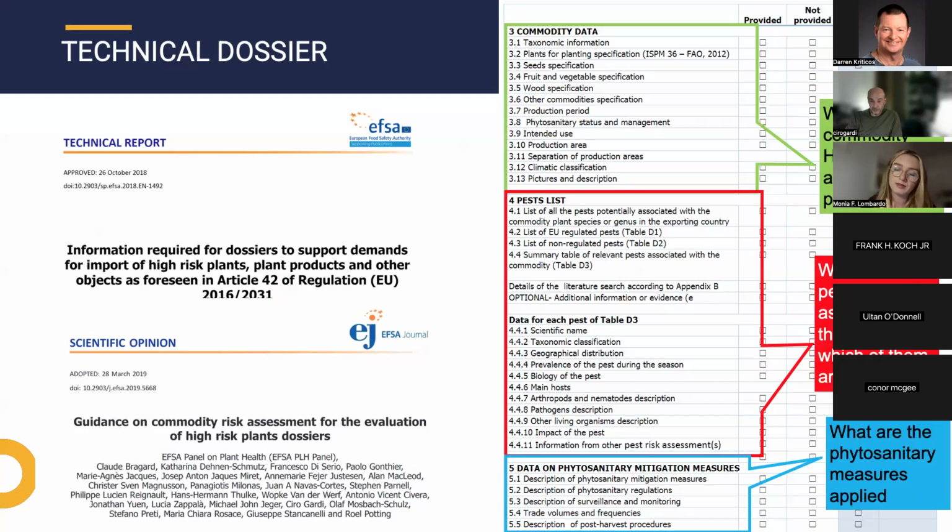And this is a very important part, because the mitigation measures, so the phytosanitary measures applied, are essential to support the assessment, because basically they correspond to what the third country and the nursery does actively in order to prevent pest outbreaks. So they need to describe pesticide application, calendar, dose, active ingredient, rotation, target pest, agricultural management in general,